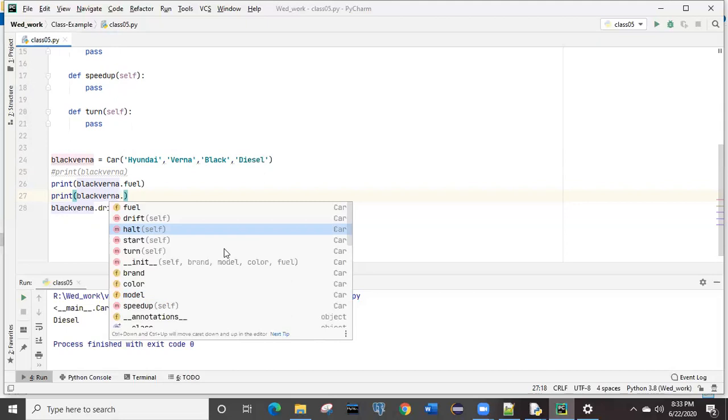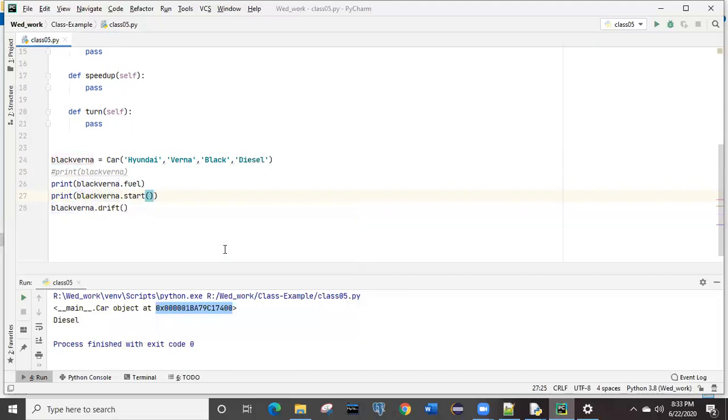What will happen if I call this start? Because this is a method, a method is always called with small circular braces. But the features can be called directly without any braces.